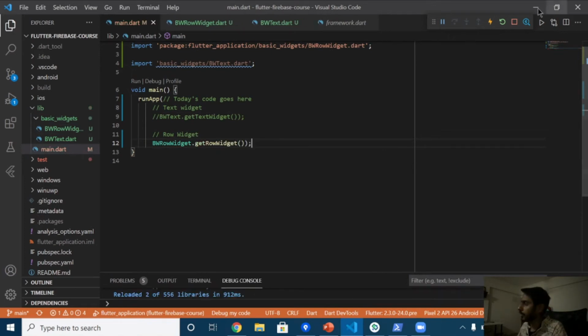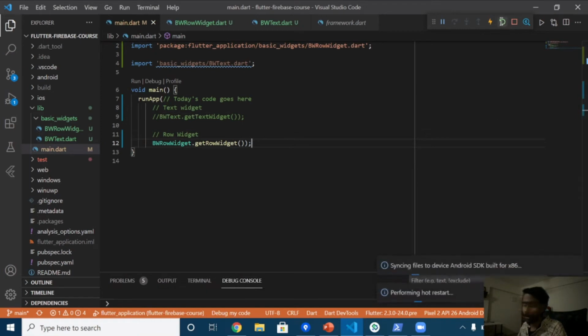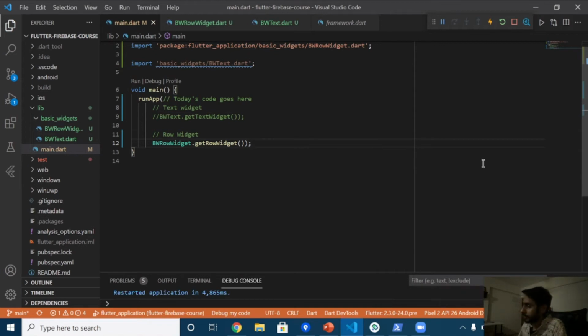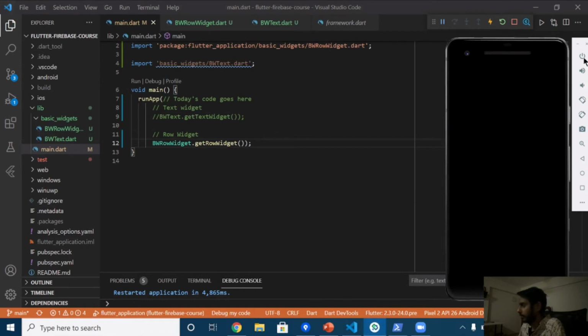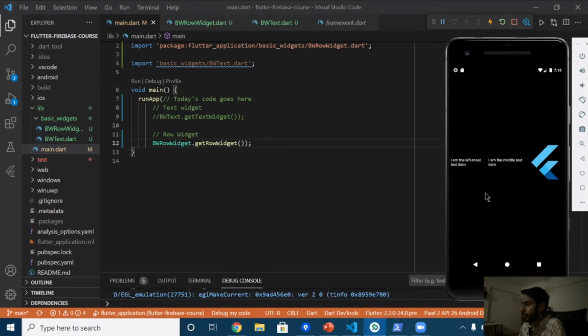Now let's reload the application and see how the row widget looks on the emulator. Okay, so if you compare what we see in the UI, it is all according to the code we have written in the row widget class.